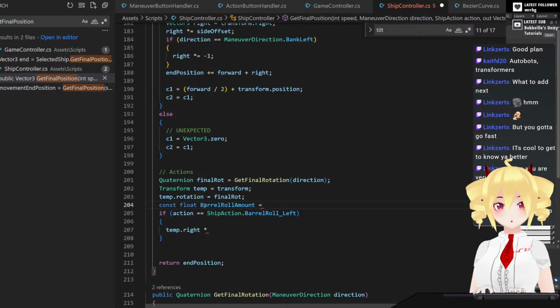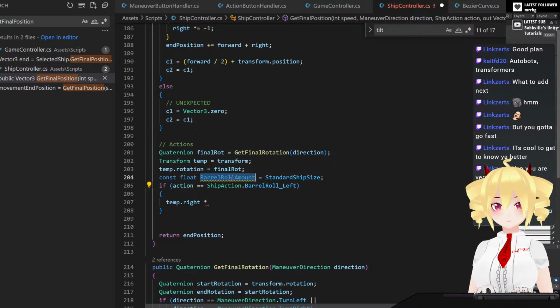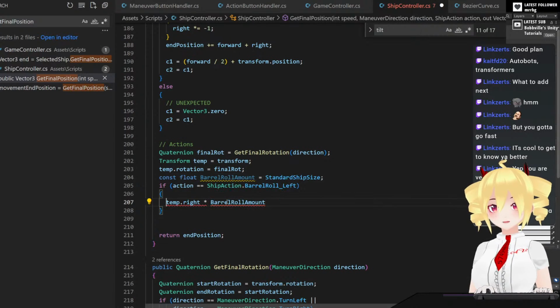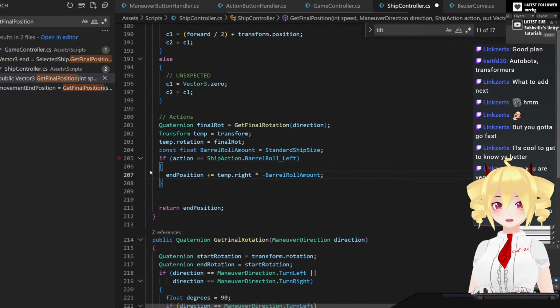For now, let's just do ship size. Let's actually do plus equals, and the minus here, it doesn't really matter, but